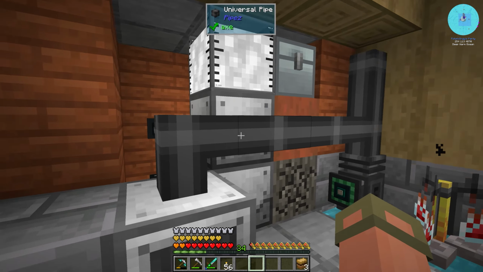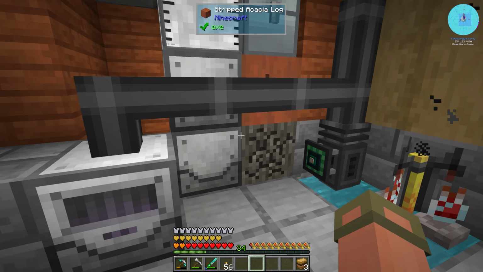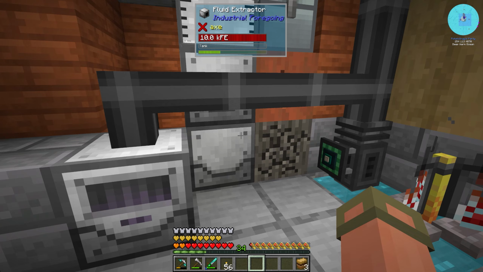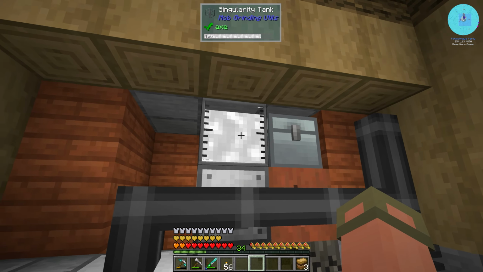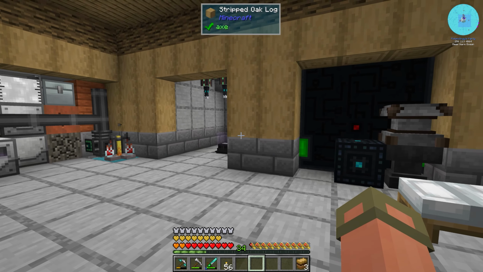And right now I've turned it off because I need excess latex here. And after these are done, I'm going to let them idle, because we'll need this latex for the dissolution chamber to make all the other fancy stuff. So